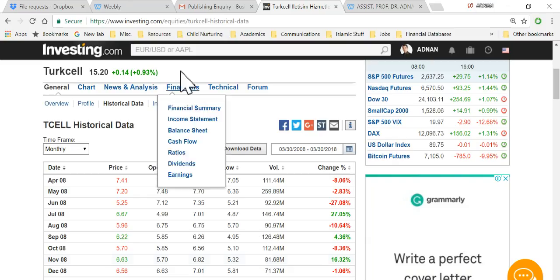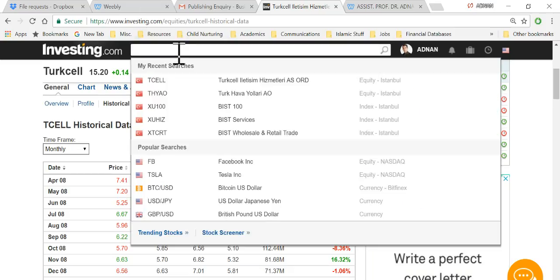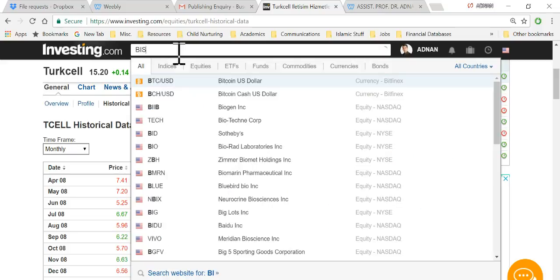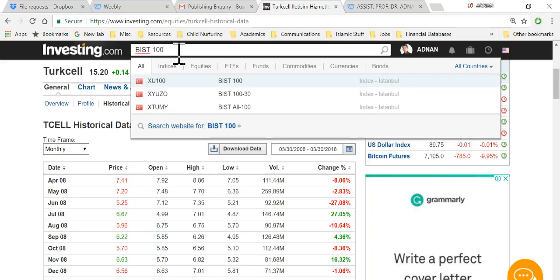So the market portfolio will be, in this case, as these stocks are from Borsa Istanbul, the Istanbul Stock Exchange, we're going to use the popular index in Borsa Istanbul, which is BIST 100. So this is the index of 100 stocks. So BIST 100 index in Istanbul. We're going to use this one as a market portfolio. So we need it. Just click this,